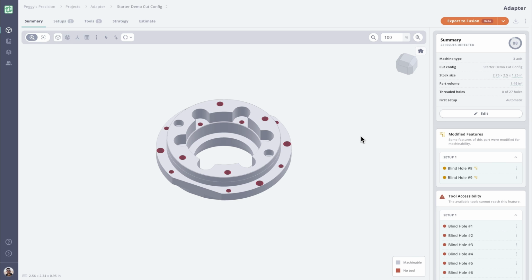Clicking on this part takes us to the Summary tab where we can immediately see the issues that we're going to run into. I want to highlight that Toolpath ships with two standard cut configs. This is basically just a fancy name for a tool library configured to work with Toolpath. So we have a starter cut config that has a few tools in it. Think of this as tools in your tool changer on your machine, and a default with 600 tools of varying